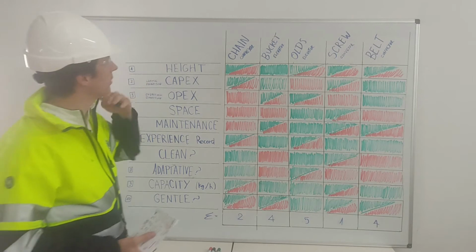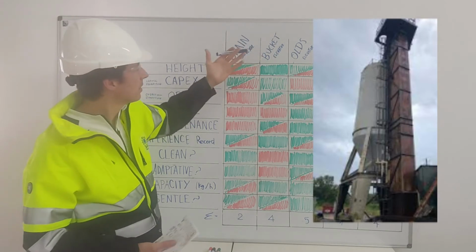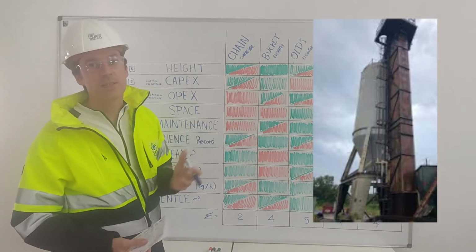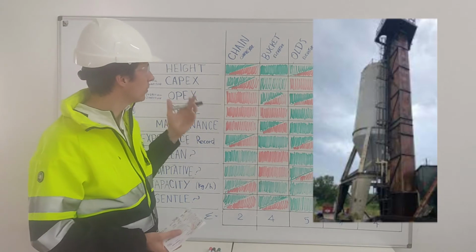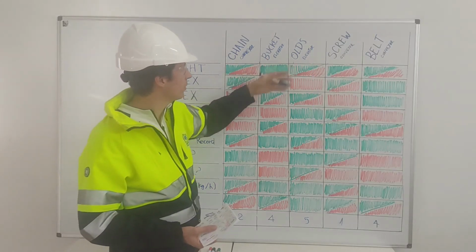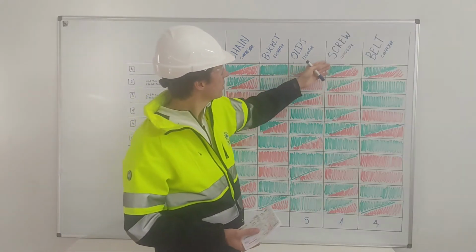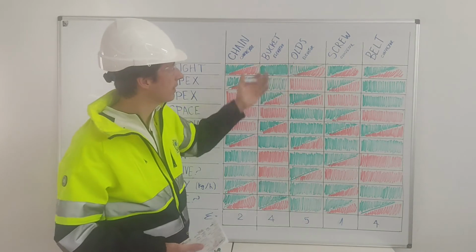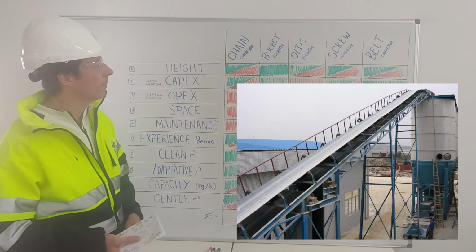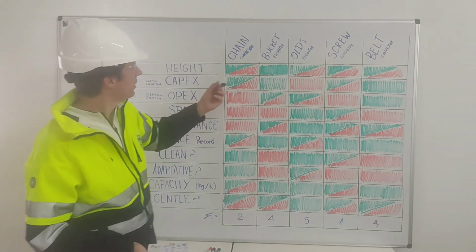Starting with height, I will just mention that we think that the bucket elevator is the one that performs the better. It's not difficult to find in the industry a bucket elevator with 60-70 meter height, which no other system in here can beat. Definitely not a chain conveyor. The Z elevator, the highest that we have built is 20 meters, so it does not reach that height. Screw conveyors definitely cannot go, and belt conveyors, in order to reach 60 meters, will require a lot of space, right? So definitely the bucket elevator will be the one here